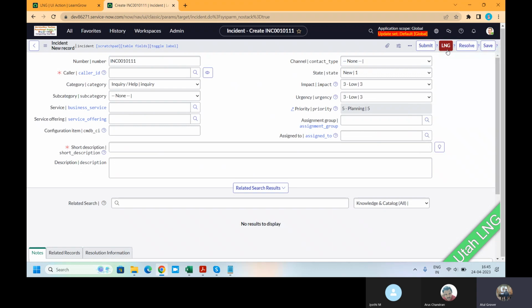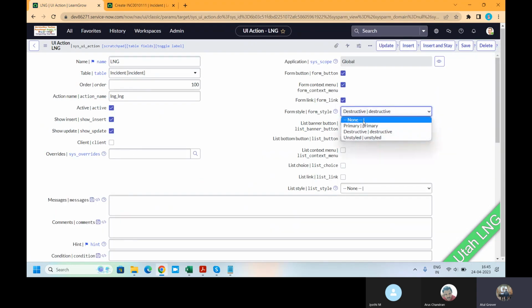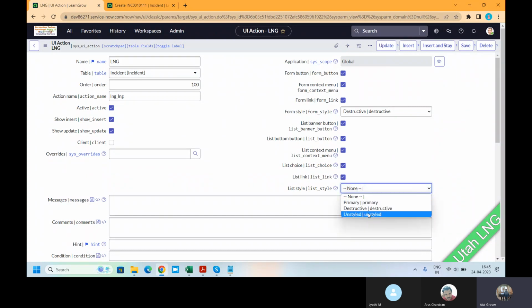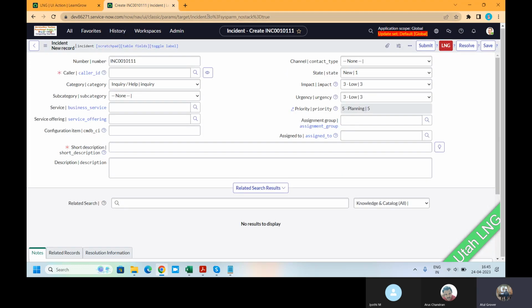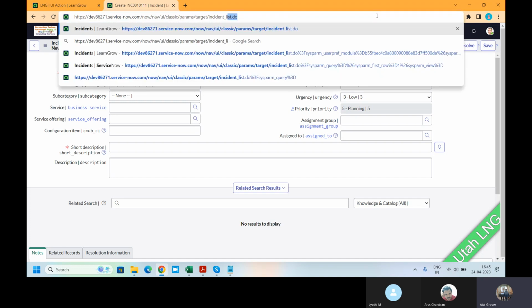Now to do that part, we have destructive as a type. You can try primary or unstyled as well. Now list banner button. Click on this. List choices, list link type, and type, let's say, unstyled, and save. These are all for the list, which means they won't be here. We have to go to underscore list dot,